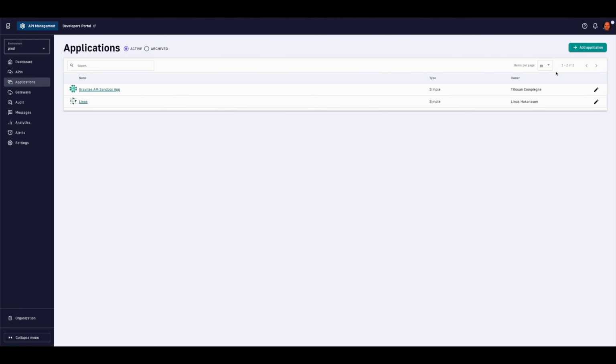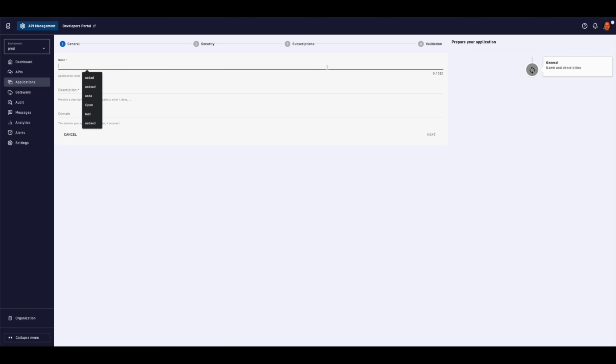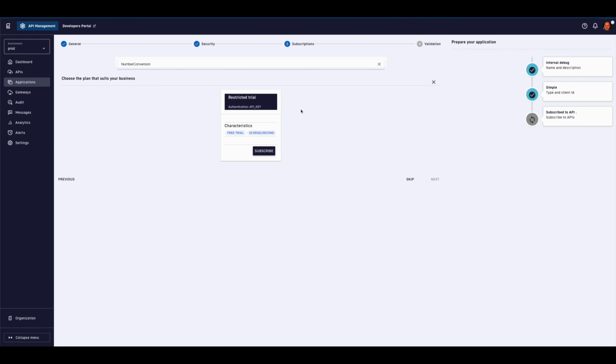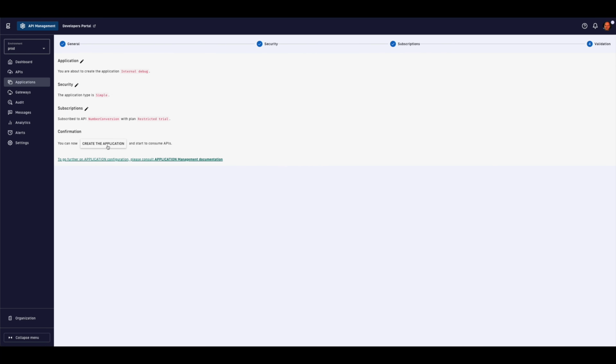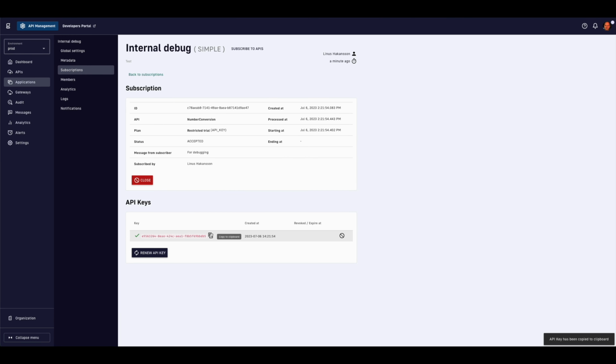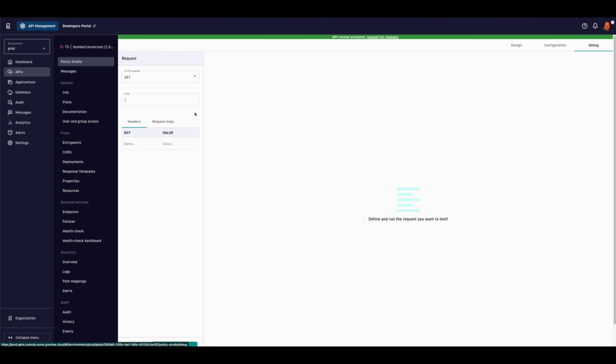So to simulate an API consumer, we will create an internal application and subscribe to the restricted API key plan, which should give us an automatic approval as well. Once our application is created, we will save and note down the generated API key. And Gravitee provides a very strong testing and debugging tool as an alternative on top of things like OpenTelemetry with clients like Zipkin and Jaeger. So while we set this request up, let's put in number 941 as the number query parameter